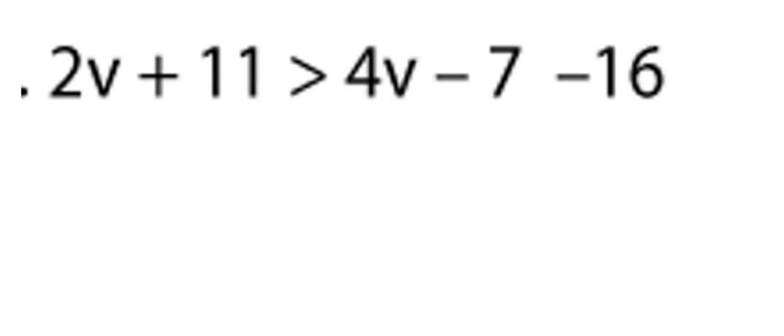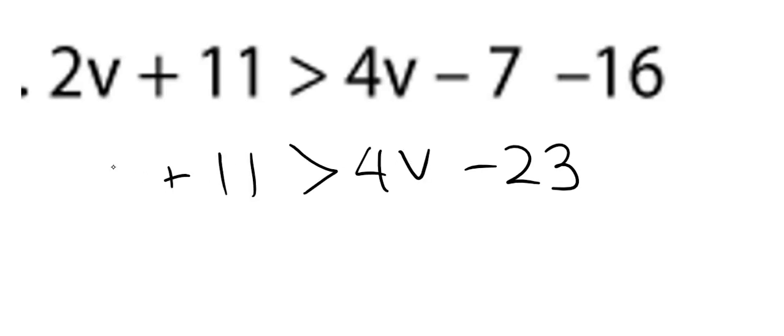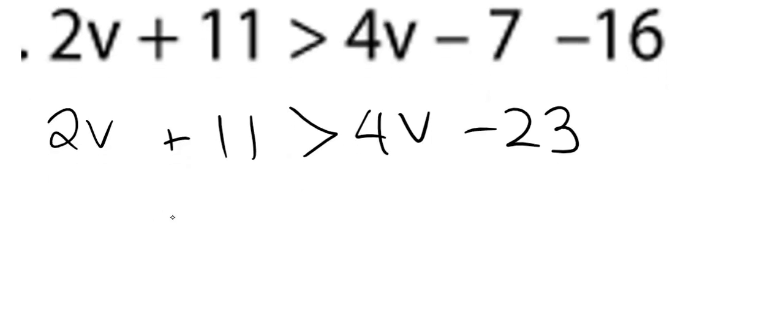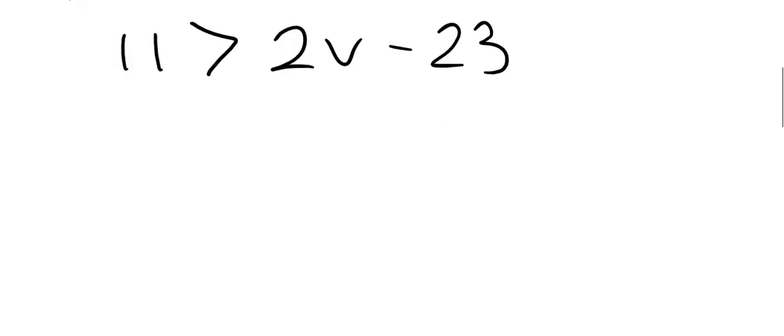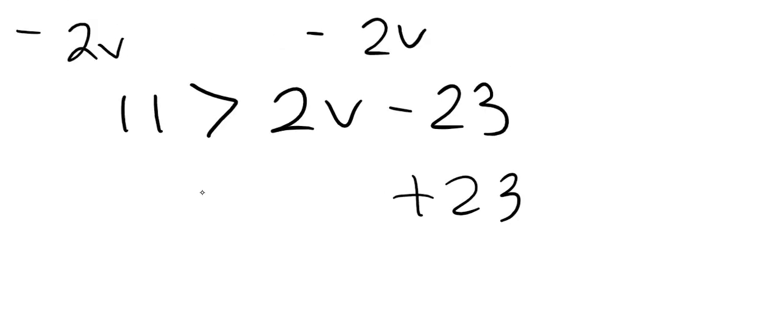Again, we're gonna isolate the variable v. We see that there are like terms on this side. Negative 7 minus negative 16 is negative 23. And we'll just copy the rest of this. We can subtract 2v on both sides. Add 23. And we'll get